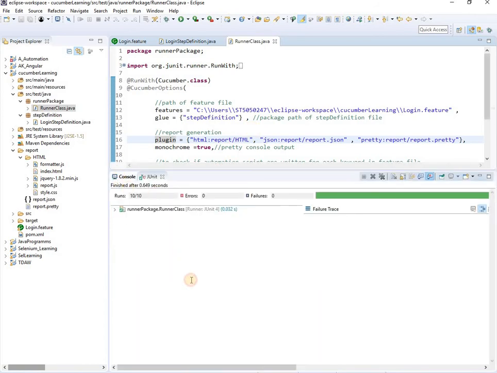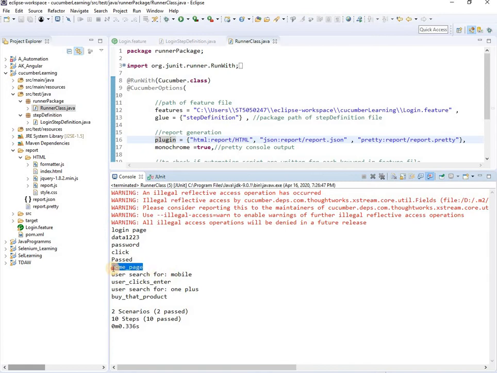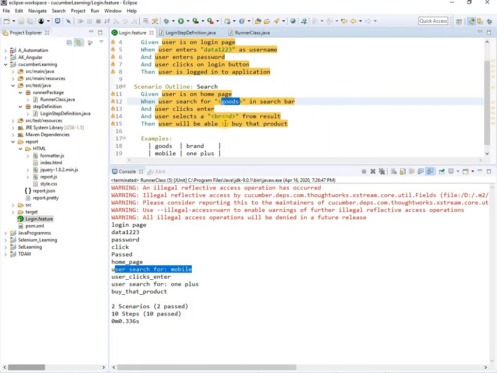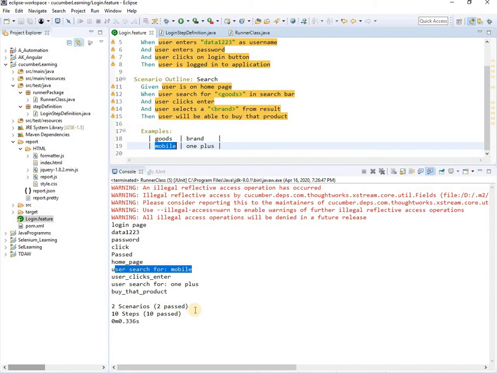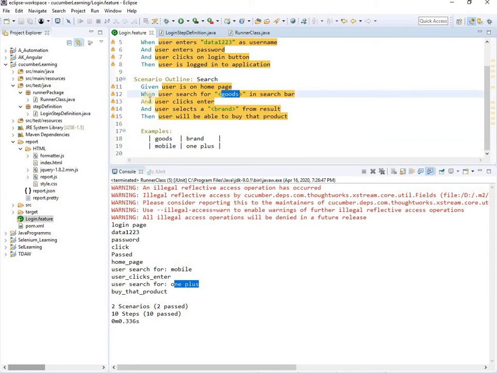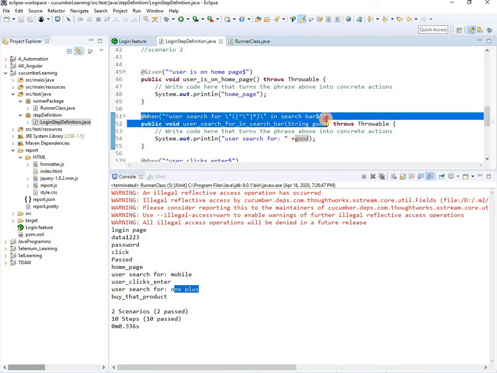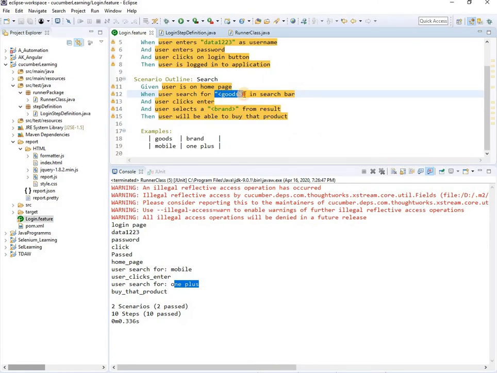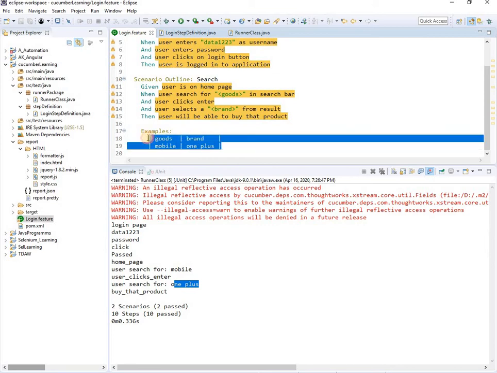See if you could see over here. This is the second scenario. Homepage. User searches for mobile. It is taking that goods parameter. It is looking for the regular expression. The regular expression is there. It will look for this goods, and inside this mobile is there. So it is passing the mobile. Then it is passing OnePlus as a brand, because in the when keyword I am using goods, this one, right? In the when keyword, this regular expression will look for this, and this is over here, and it will pass this data, right? And the same goes with the brand.